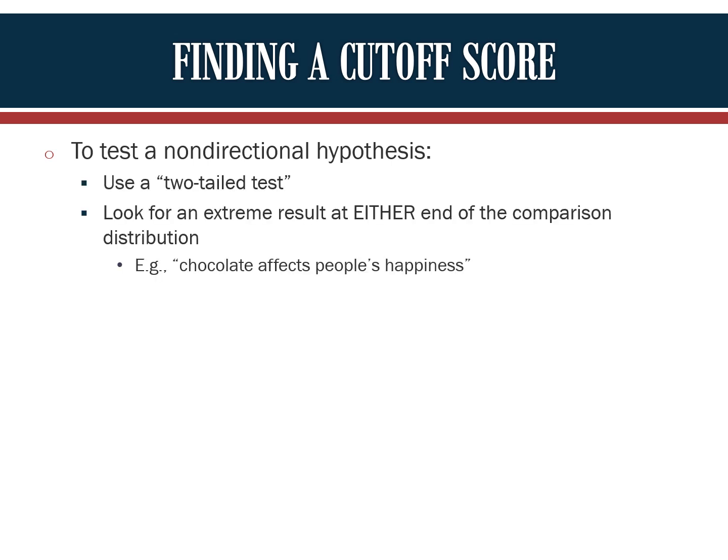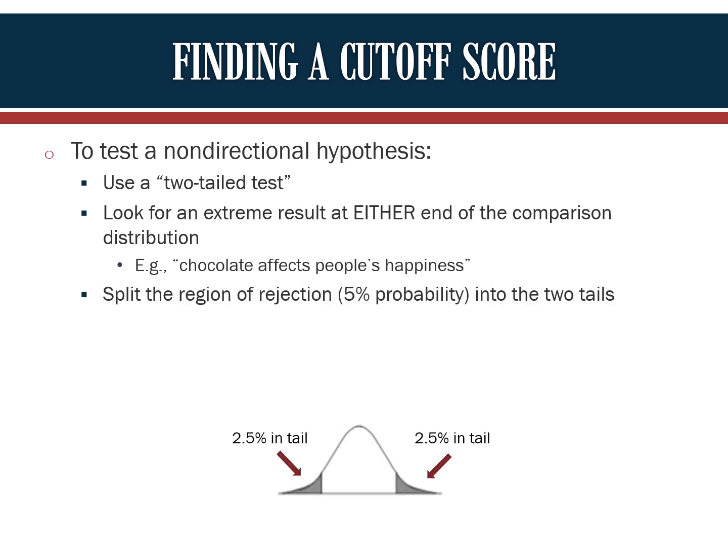Remember, a non-directional hypothesis is where you say it could go either way. I'm just going to look for some change in my DV. In this case, you're looking for an extreme result at either end of the comparison distribution. That would be like our non-directional hypothesis, chocolate affects people's happiness. It does something. We're going to do a two-tailed test, put our 5% probability in each of those ends. Specifically, we're splitting it in half. Split the region of rejection, so that entire 5% probability, split it in half and put half in each of our two tails. So that would be like our distribution here with 2.5% in the lower tail and 2.5% in